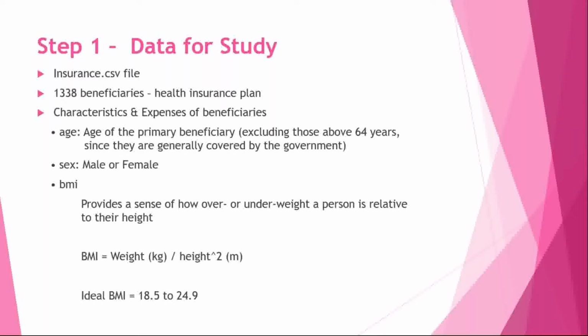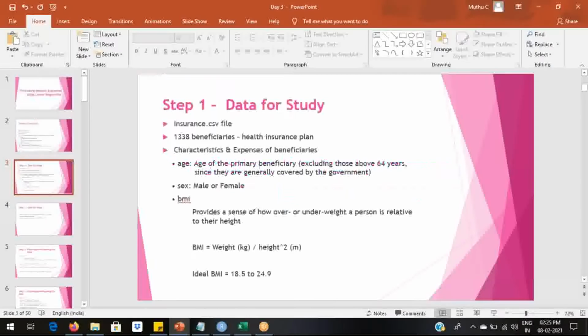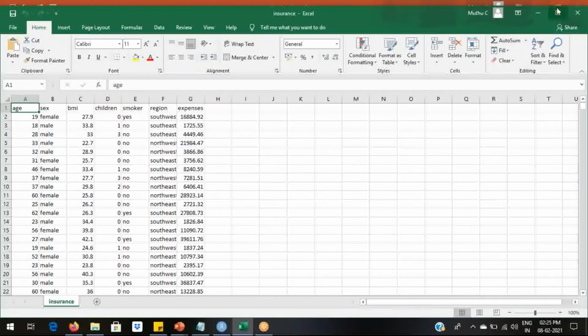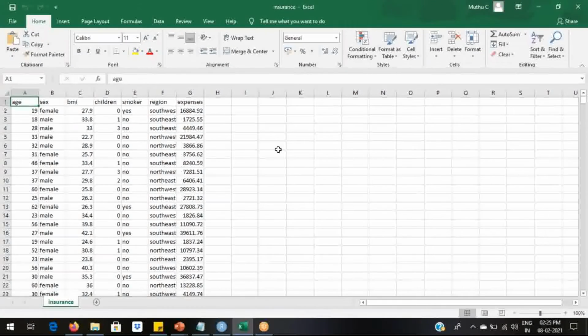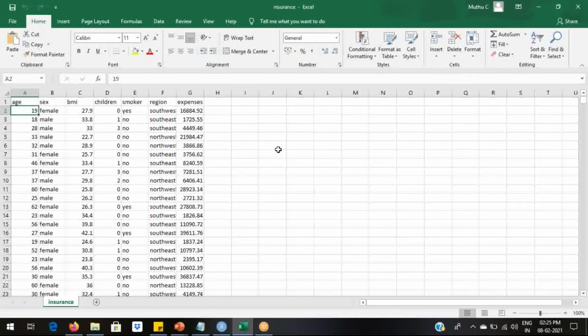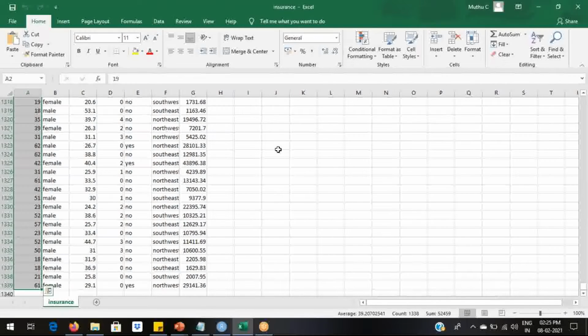So the first step is to choose the data for our study. Here we are using a file named insurance.csv. So as you can see on the screen, we have a total of 1338 patients data.